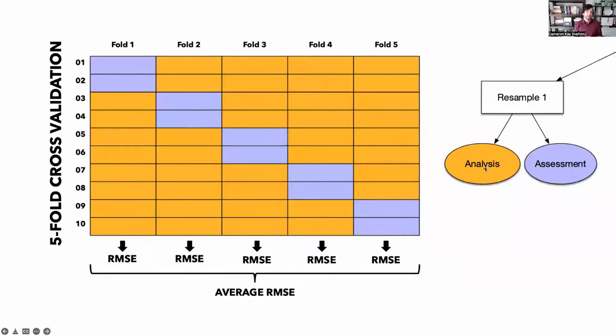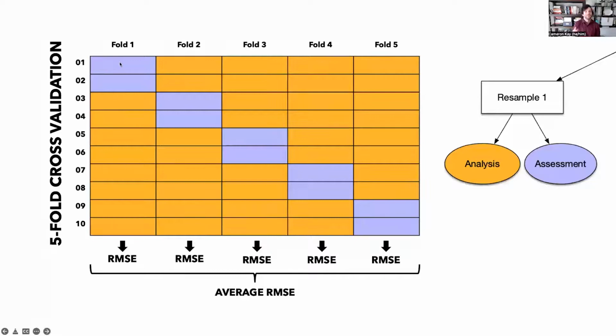So another option is k-fold cross-validation, and there's various different types. I show an illustration of 5-fold cross-validation here, but I think the most popular is 10-fold cross-validation, and that's what I most often see being used in terms of machine learning. But essentially, the K in k-fold cross-validation refers to how many resamples you make or how many folds you make, right? So in 5-fold cross-validation conducted on a data set with 10 observations, we say, okay, we're going to have 5 folds, and that means